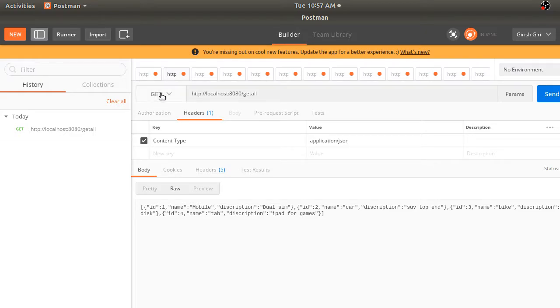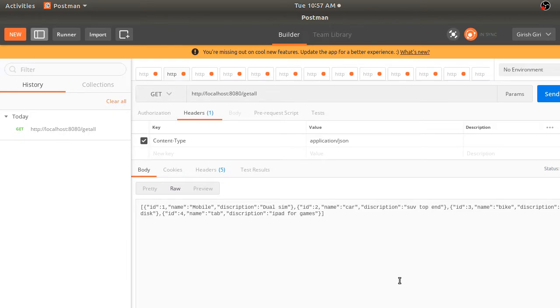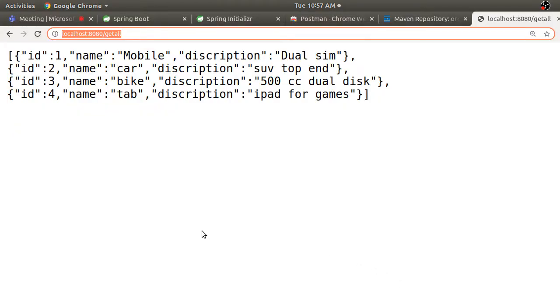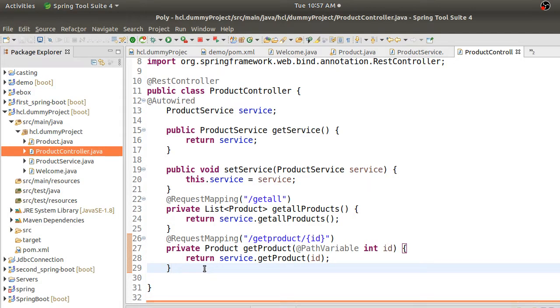So now we just learned the get request. Now we will learn how to do the post request, put request, and delete request. So for that again I have to go back to my code and write those specific methods to deal with them, right? Say what if the task is to put some external data into this product list if somebody asks you to do that. So you have to write one more controller method.